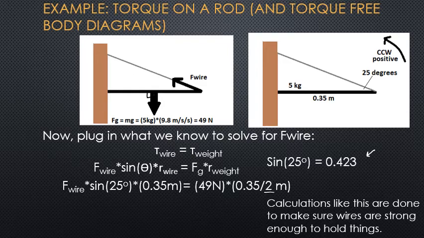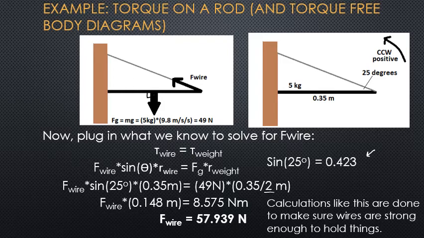So now we can multiply all those things together, and that's what we get there. On the left, I did 0.423 for the sine, so 0.423 times 0.35 gives us 0.148. And on the right, 49 times 0.35 divided by 2 gives us 8.575. So now with a quick division, we can figure out what the force of the wire is, which is